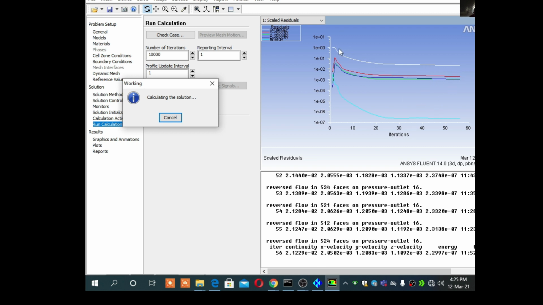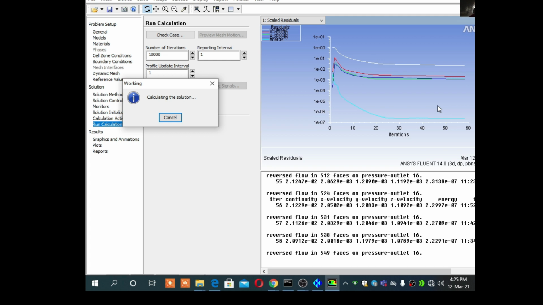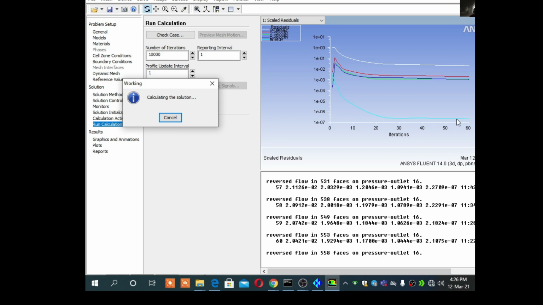At the beginning you can see it is a curve, and when we are moving closer to our solution, then the line becomes straighter and straighter. There is no curvature in the line. So you can see we are moving closer and closer.